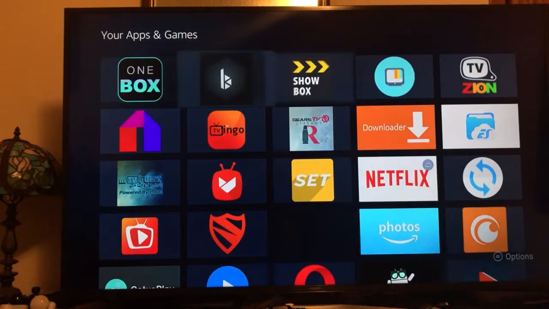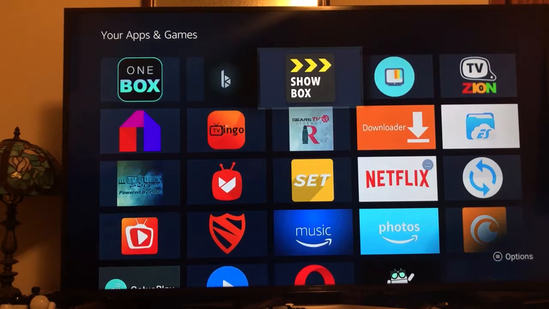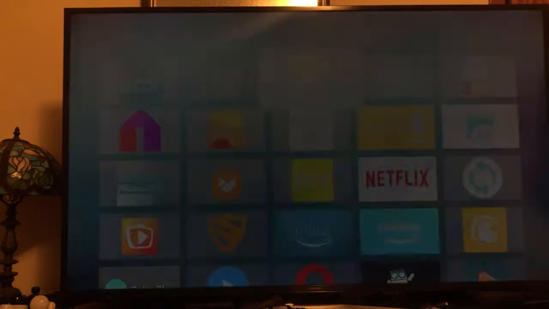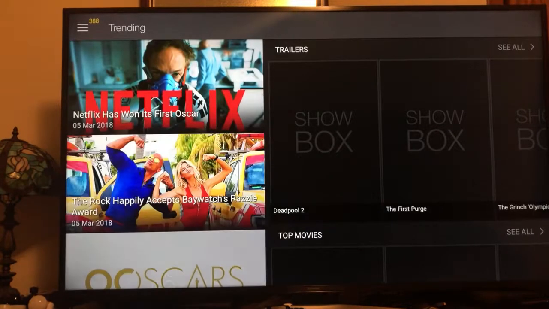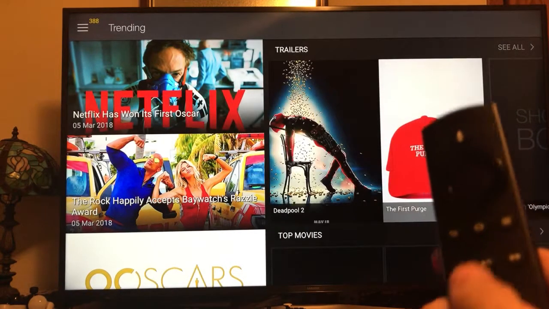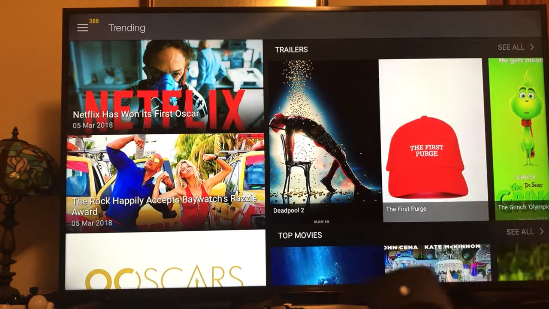If you have the patience to use it, as far as reliability, I really like Showbox. I've never had this app not work right for me. But you do have to use the mouse toggle, so you double press the triangle button, and it brings up the little mouse toggle thing. So you have to use up, down, left, right. But if you get